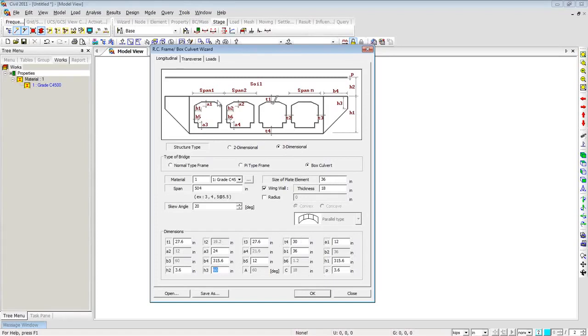So if you are modeling a box culvert with multiple voids, you can select span 1, span 2, span 3, and span 4 by entering the data separated by comma. You can even include radius of curvature if it's not a straight bridge and it's along a curvature. Just click on radius. You can select convex or concave. You can select the layout of the bridge as well. But for this example, we'll stick to the default values here,